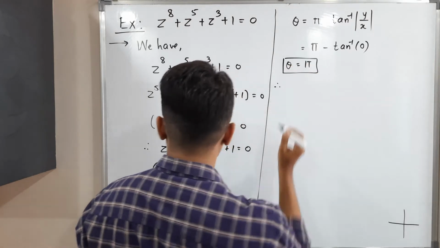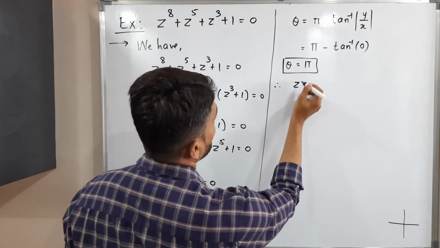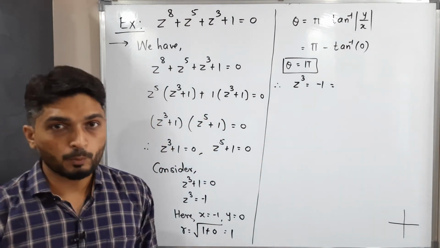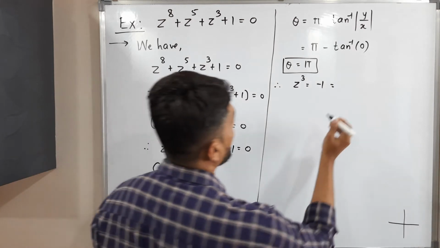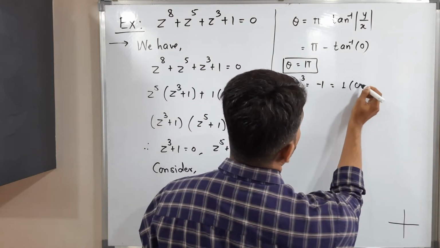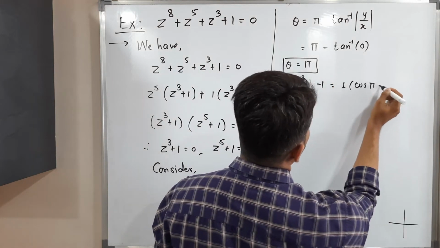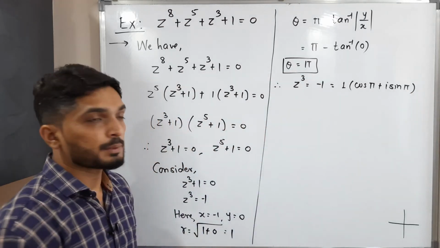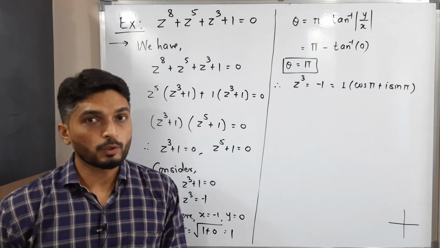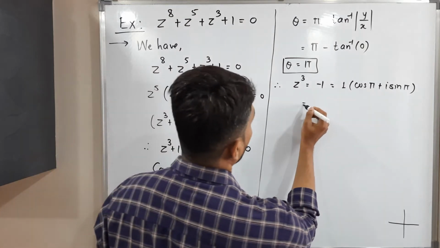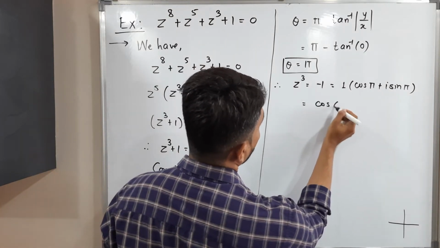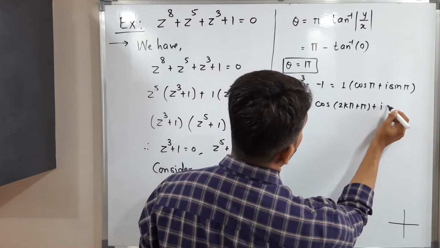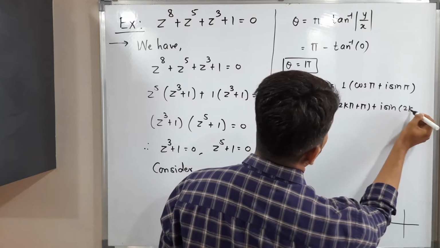So therefore, we can write z cube is equal to minus 1, but the same complex number can be expressed in polar form as follows. You know that r is 1 here, cos theta, cos pi plus i sin theta, that means sin pi. So now I express this complex number in its polar form. So this is equal to 1, no need to write it. We can write here cos 2k pi plus pi, plus i sin, here also I can write 2k pi